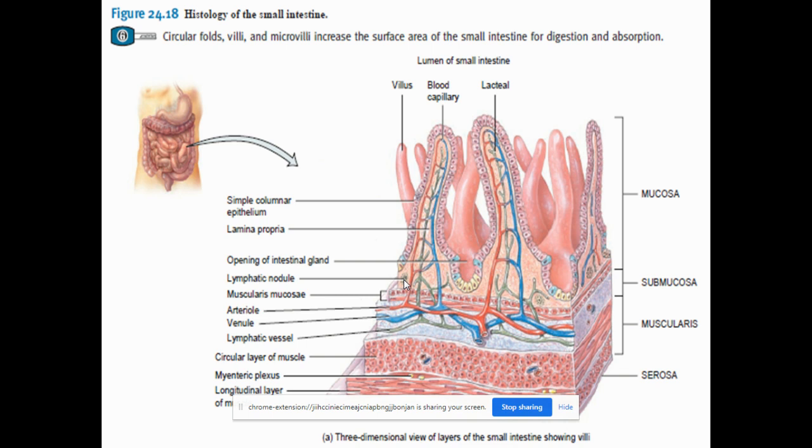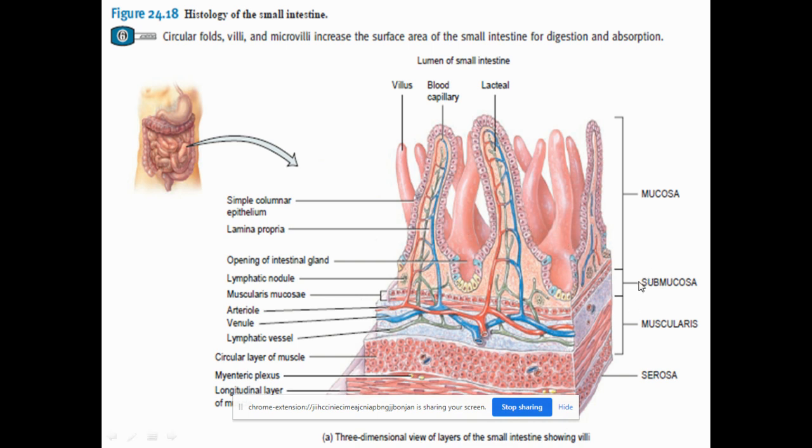So what is the importance of these? It is very important in the immunological functions. Lymphatic nodules are present in groups. They are aggregated forms called Peyer's patches, otherwise called aggregated lymphatic follicles. So what are Peyer's patches? A group of lymphatic nodules. You know what is the meaning of aggregation? Grouping together. The solitary lymphatic nodules grouped together to form aggregates, so they are called aggregated lymphatic follicles or Peyer's patches. So that is the region.